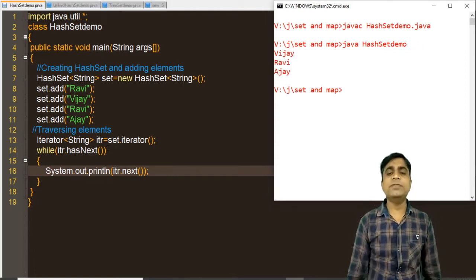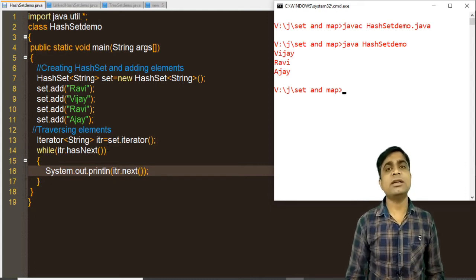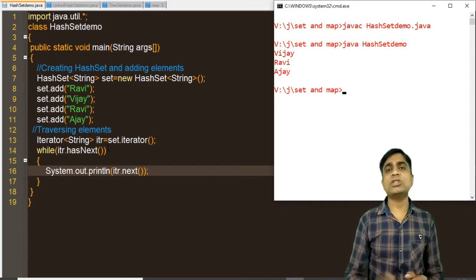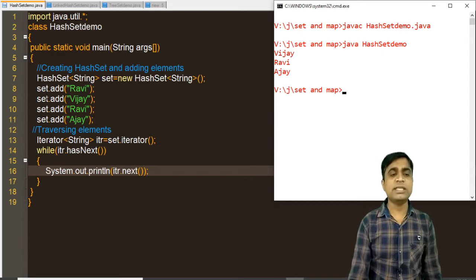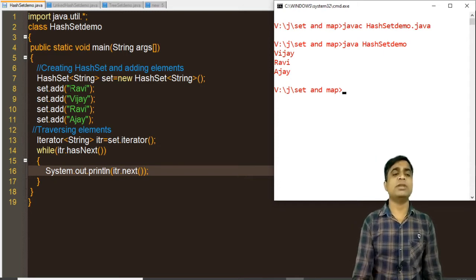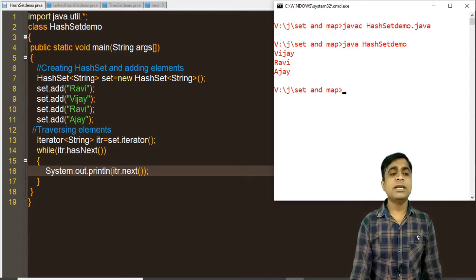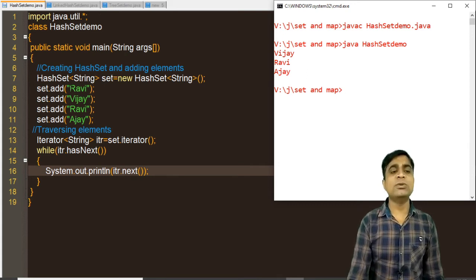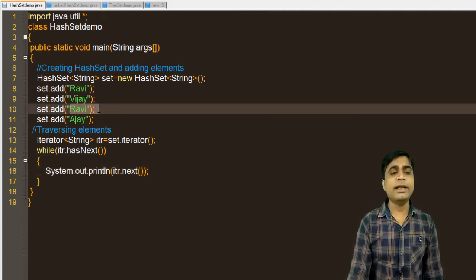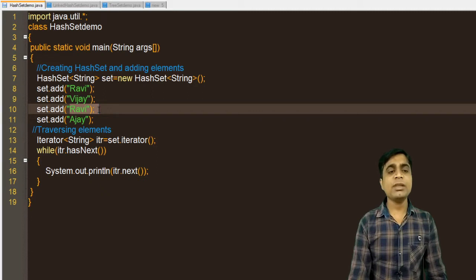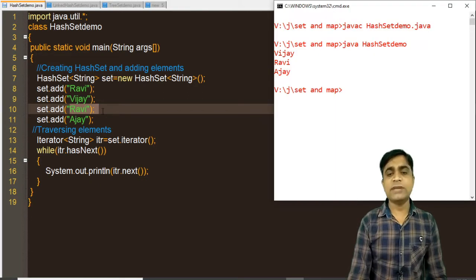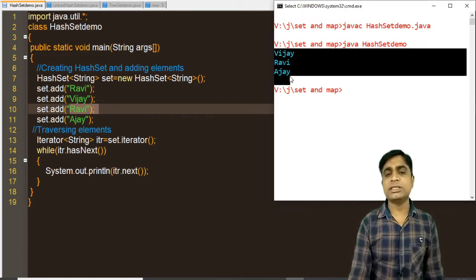So here Vijay, Ravi and Ajay will print, because the Set interface tells us that all the subclasses of Set only store unique values. This will not store duplicate values. You can see here I have stored four values, Ravi, Vijay, Ravi and Ajay. Here Ravi is a duplicate value, so it will not be added to the HashSet. That's why it will print only three values.